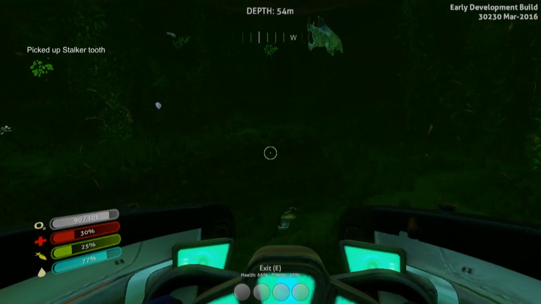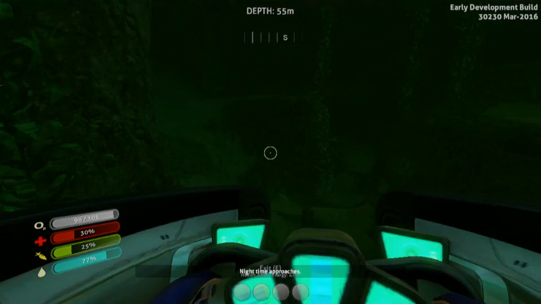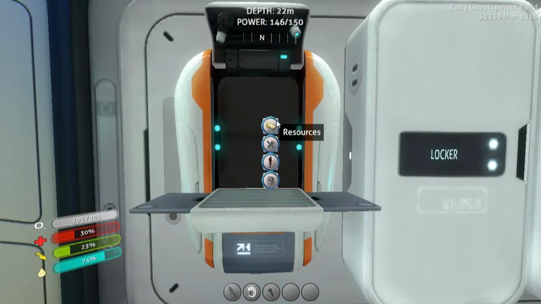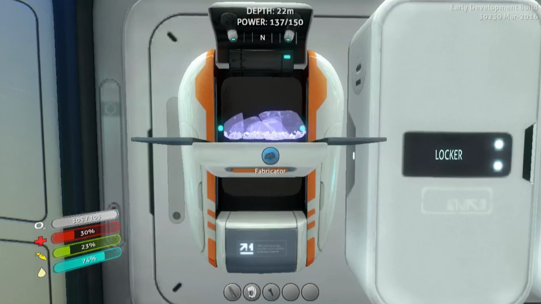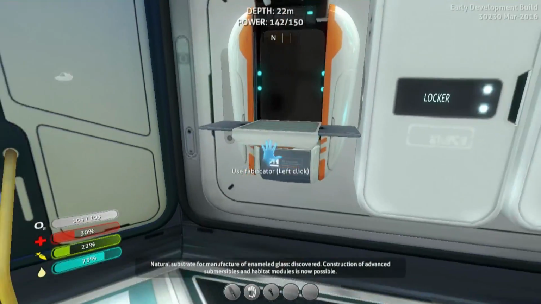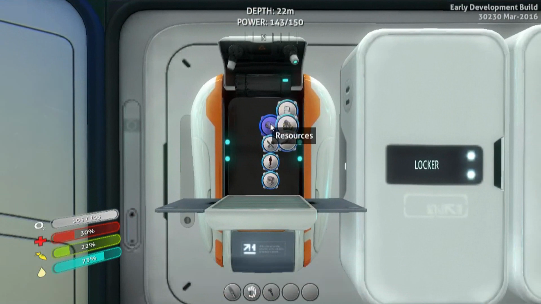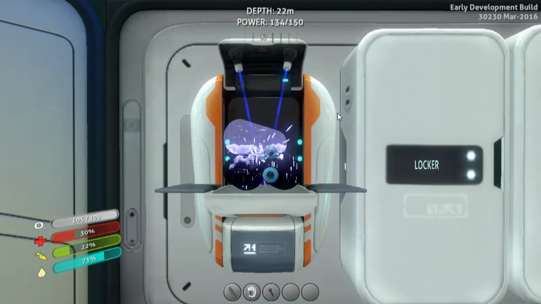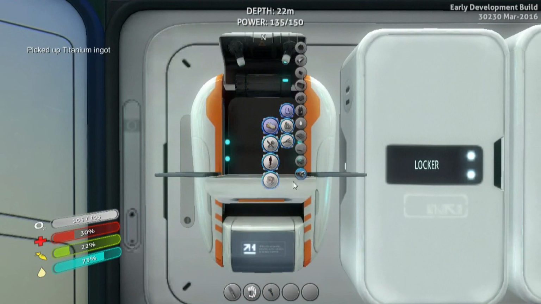Go ahead and get a handful of those, and that'll get you enough to make your enameled glass for your Cyclops. Once you have your stalker teeth, simply go to your fabrication table, go to basic resources, combine 1 stalker tooth with your normal glass, which will give you enameled glass. Plasteel ingots are pretty simple. All you're going to need to do is go to your fabricator, combine 10 pieces of titanium into a titanium ingot. Then you need to make sure that you have 1 titanium ingot and 1 lithium in your inventory to